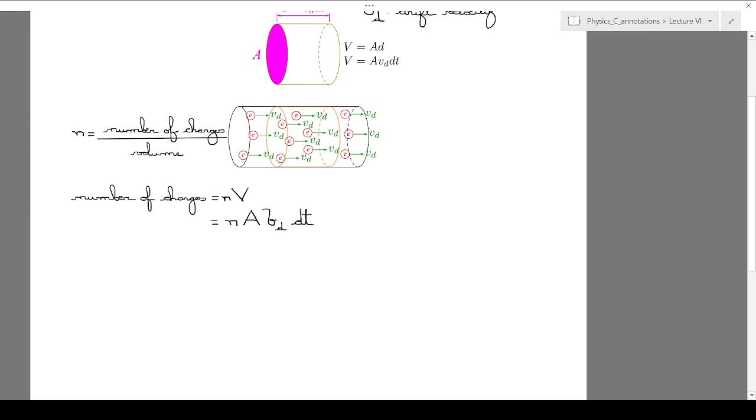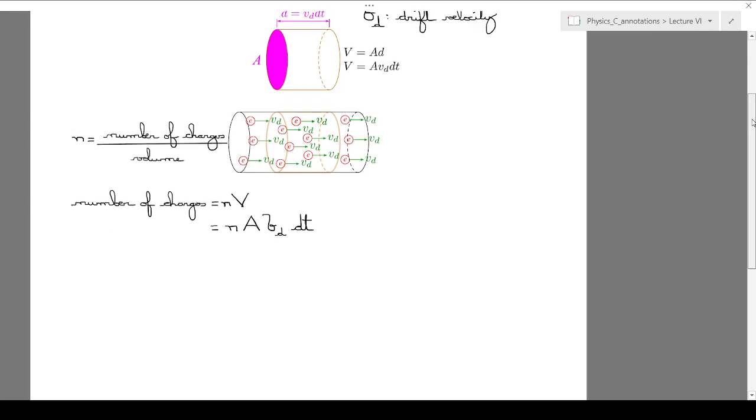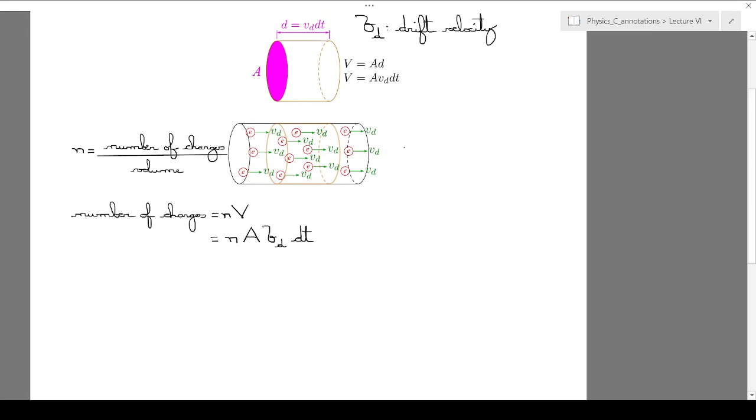Right, guys? But you know already, since we just defined that the electric current is the temporal rate of charge, we can actually, if you divide everything here